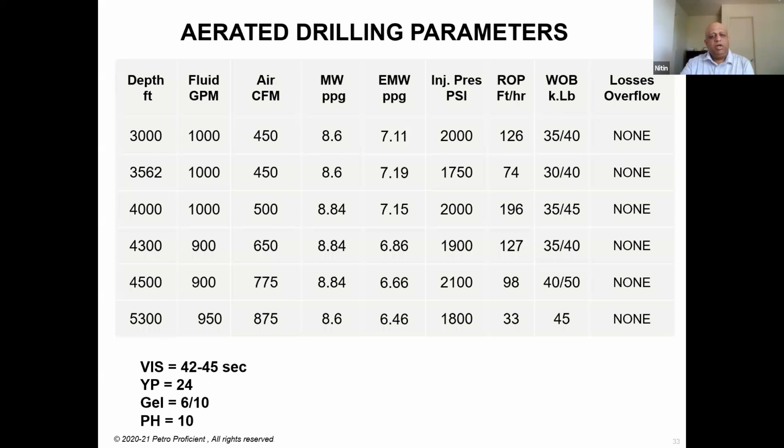You can see how the ROP is significantly higher, and in some cases you got ROP as high as 196 feet per hour. And an average ROP was 80, 90, 60. So it's quite high, dramatically high in some cases as compared to conventional drilling. And then you have your weight on bit, which is nothing unusual, slightly higher than what you would normally do, but nothing unusual. Your mud properties are listed here, again, similar to what you would normally have for any drilling